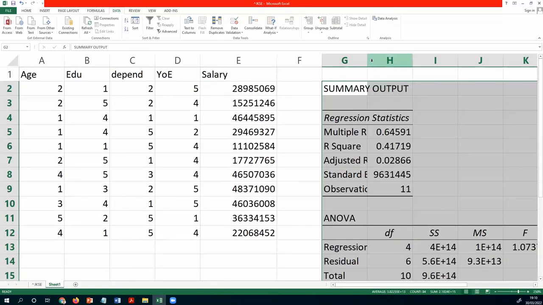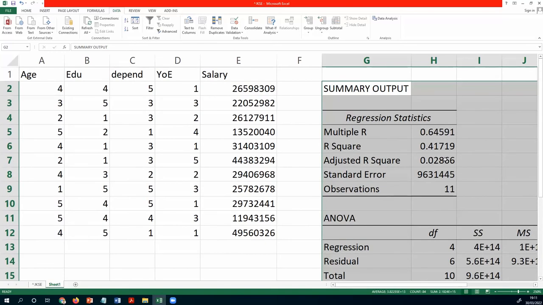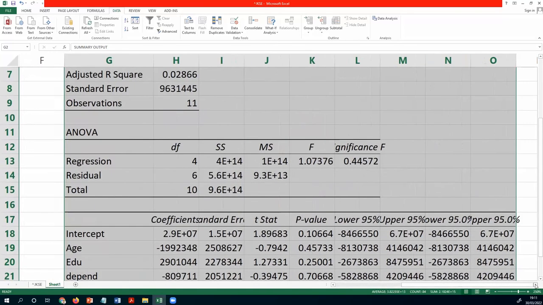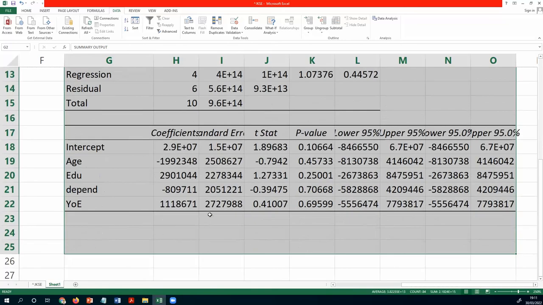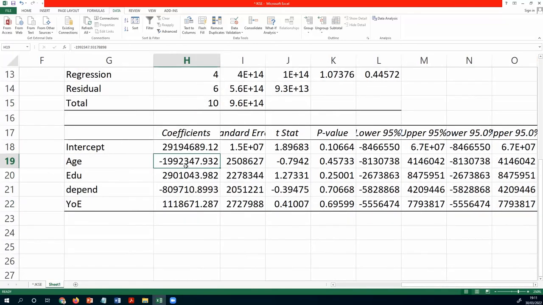So, okay, this is using Excel. If we use the regression using Excel, yeah, so we have the coefficient on the age, coefficient on the education, coefficient on the dependents, coefficient on the years of experience. Yeah. So there will be Y, the salary, is equal to